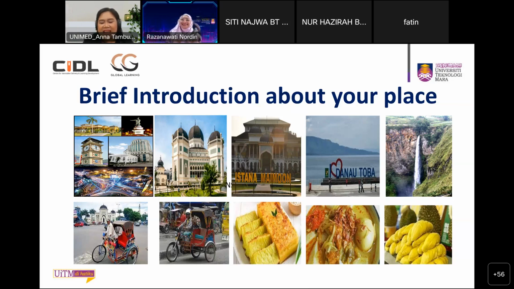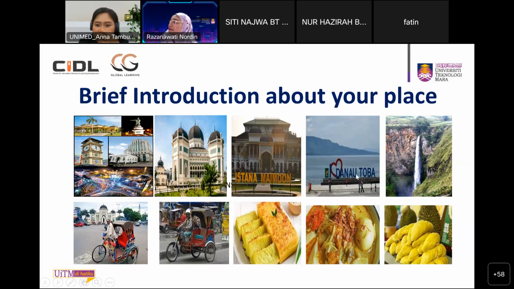Now, in general, the widely used language is Indonesian. The Malays around Deli Serdang and Langkat mostly speak Malay, similar to the Perak Malay language in your place. The Javanese people, especially around rural and plantation areas, use Javanese in daily conversation, while the urban Javanese mostly speak Indonesian. As you can see here, the Grand Mosque of Medan, or Masjid Raya Al Mashun, is in Medan, Indonesia. This mosque was built in 1906 and completed in 1909.